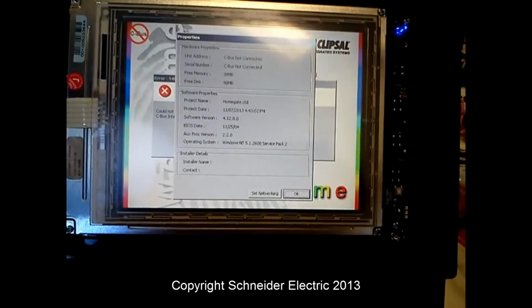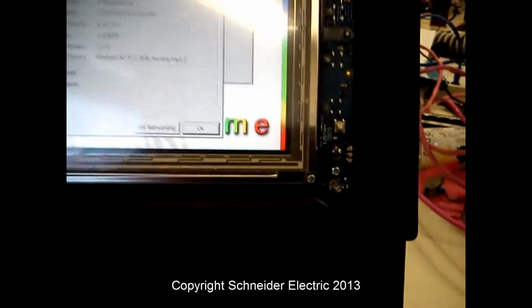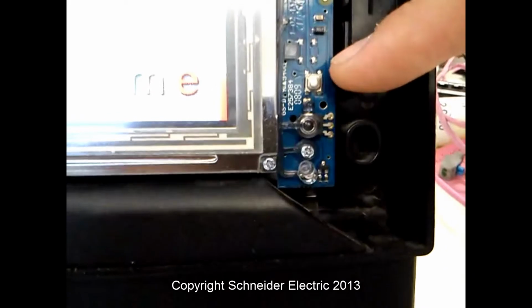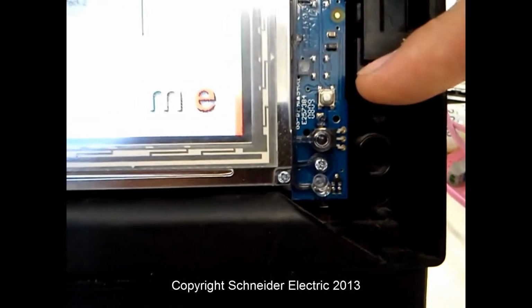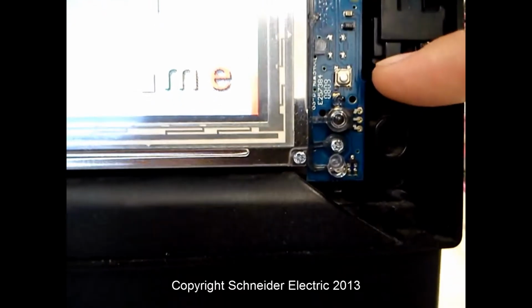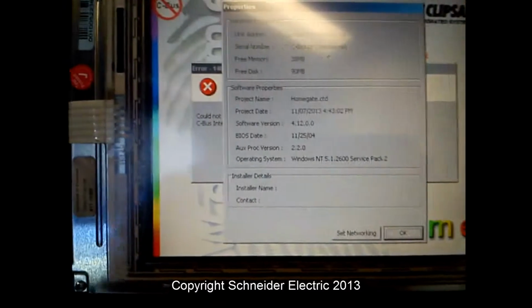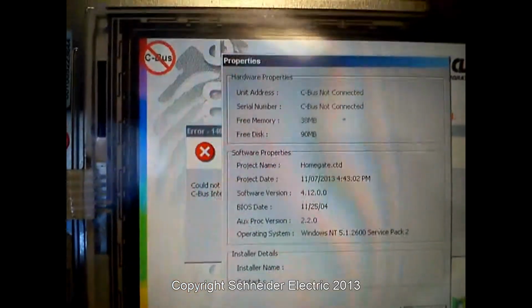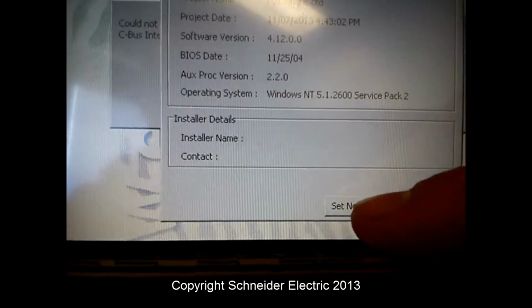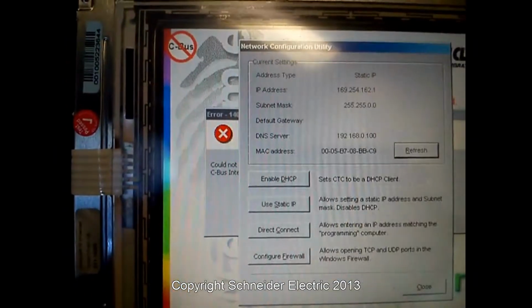We bring up the IP settings on a colour touchscreen which is brand new. Ideally, firstly, we need to reset the touchscreen, which is done by pressing this little silver push button here. This will reset the unit just like what a computer reset button will. Once the touchscreen reboots, you'll be prompted with a properties window where it'll give you the option down the bottom here to set networking. All we have to do is press that, and that'll prompt us with our network configuration